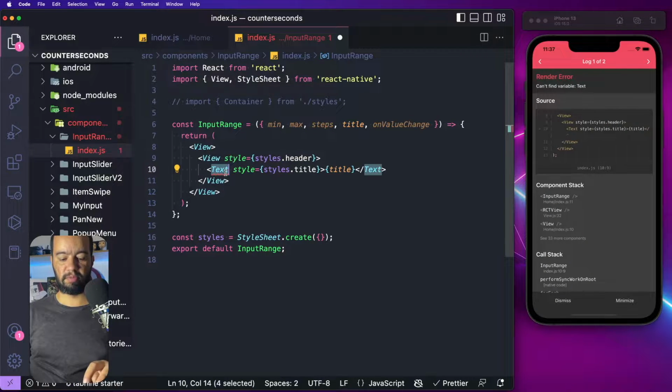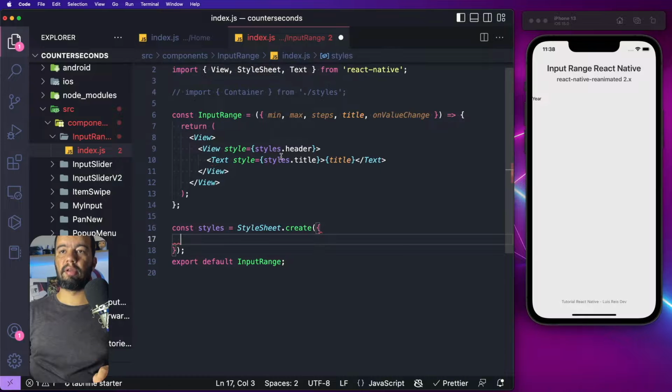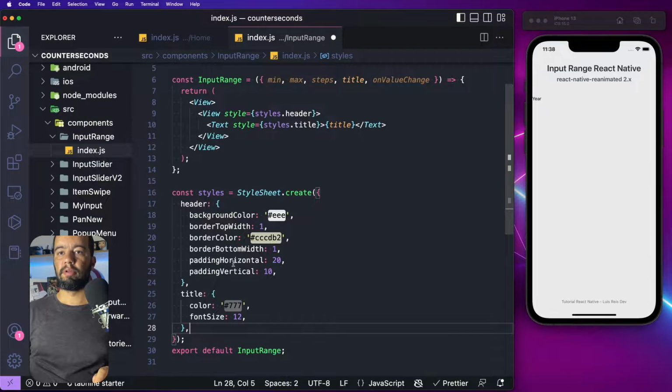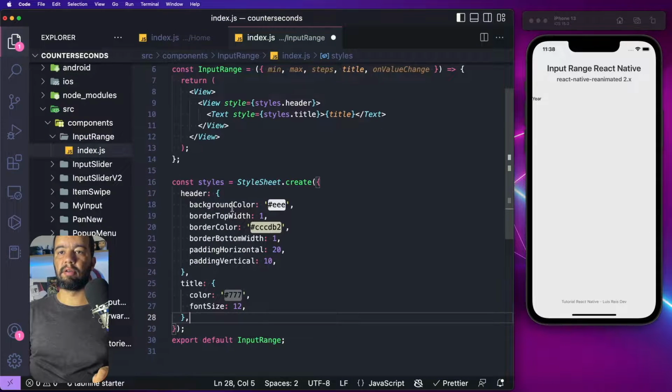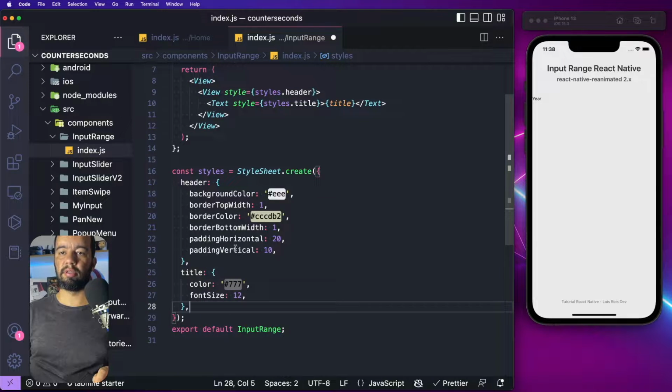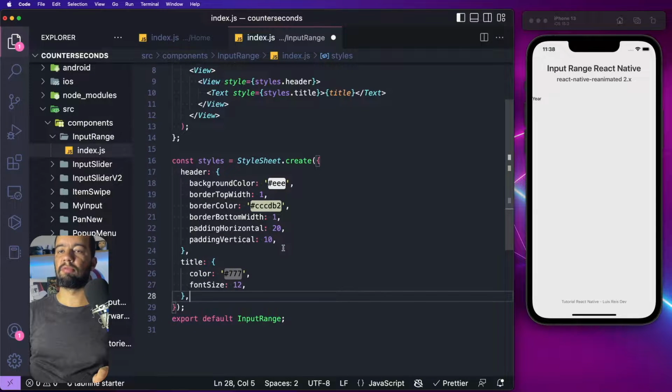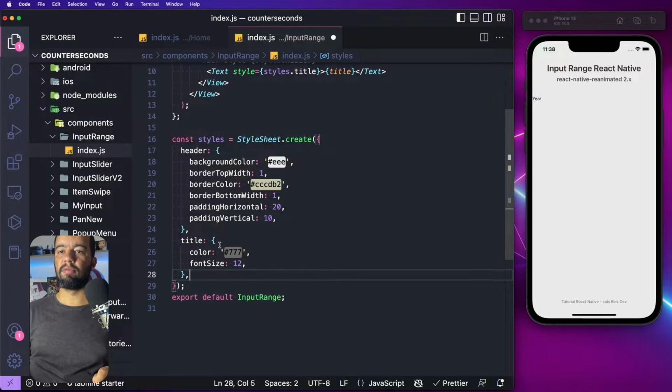So let's import the Text and let's create the styles for the header and title. I will just copy those styles, but basically the header is a background color, the border top width 1, border color, border bottom width, the padding horizontal 20 and padding vertical 10, and the title is font size 12 and color